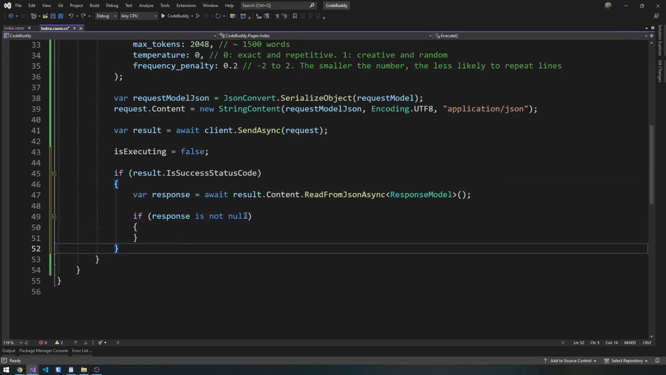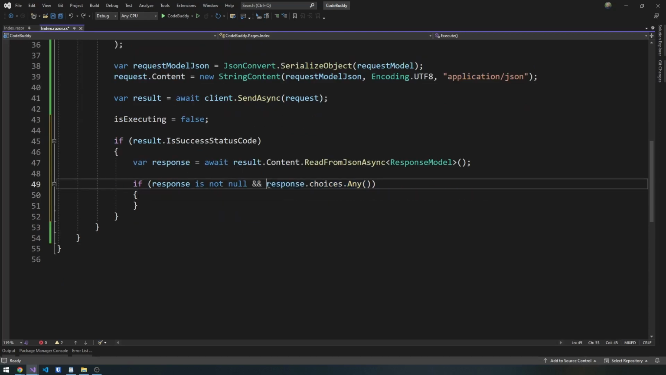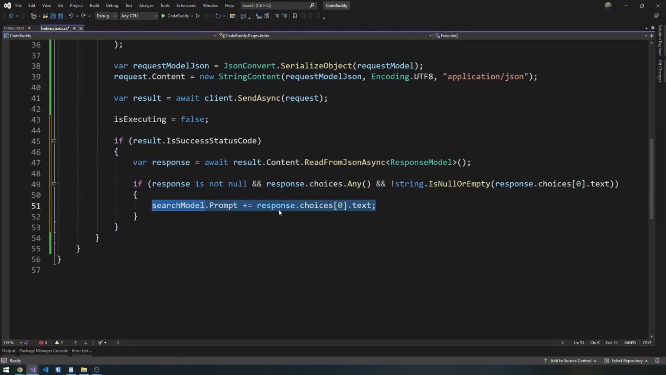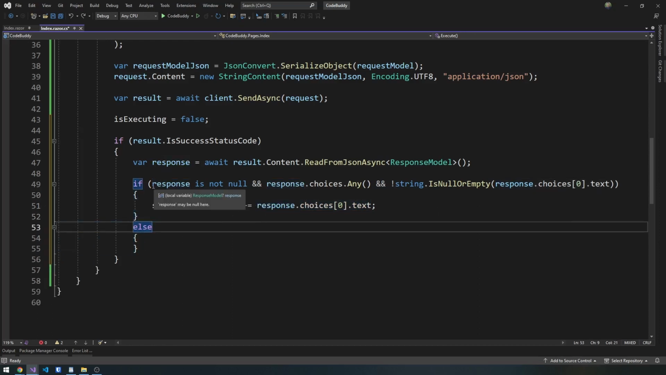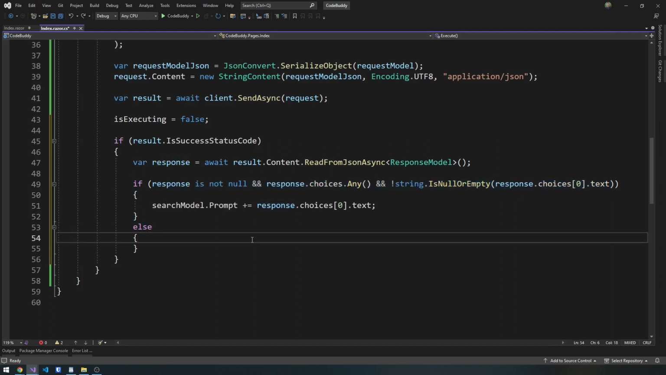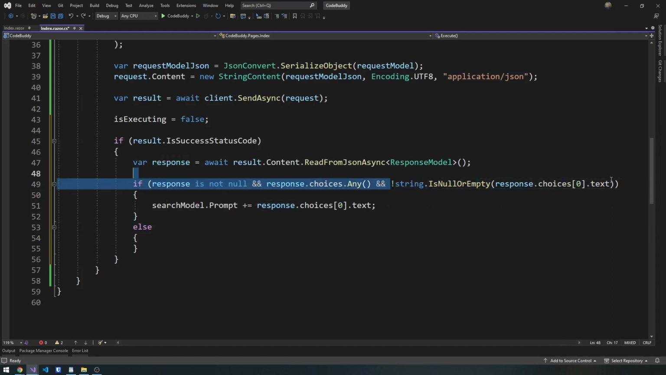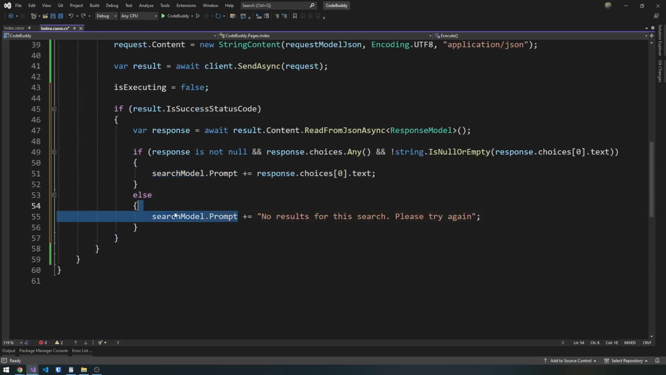Let's check if the response is not null, because obviously if it's not parsed correctly as a response model from the JSON result, then it will be null. Then let's see if we've got any choices. If we don't have any choices, then we don't have anything to parse. And also we need to ensure that the very first choice's text is not null or empty. And if everything passed, then we set the prompt as the very first choice text. Otherwise, if any of this returns false, meaning if the response is null or we don't have any choices or the response text from the first choice is empty, then we just set the prompt to